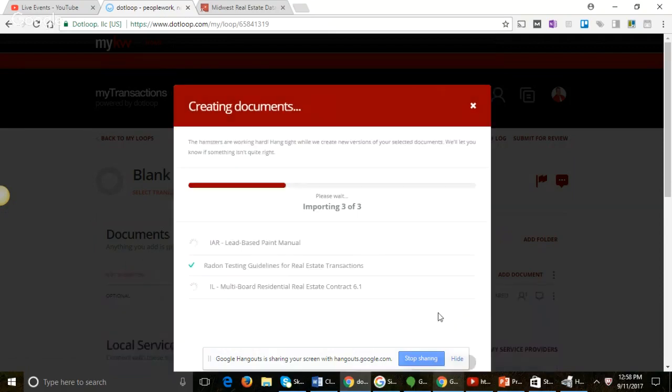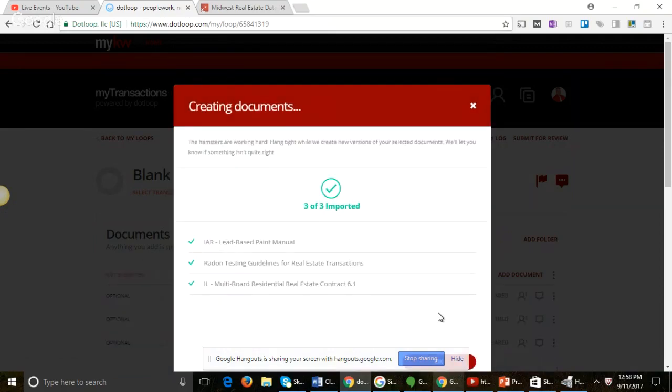I didn't get that part, so I don't have that. Yeah, that's importing that template in there. Now, does everybody have these 3 documents here? Right? So now, if we did this correctly,